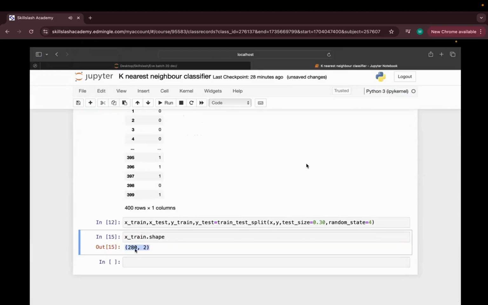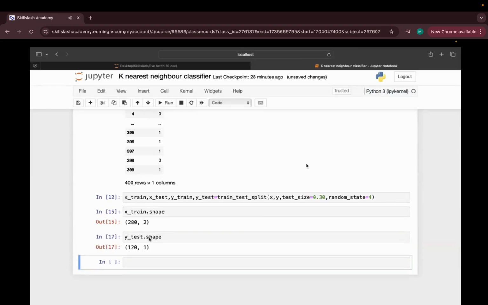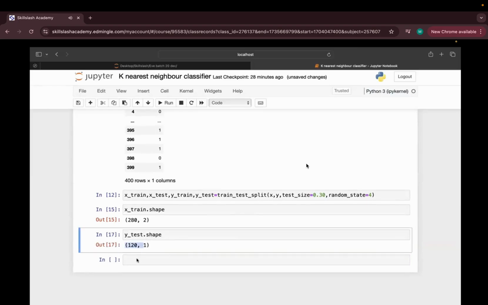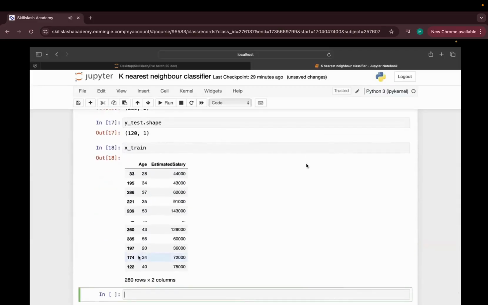So training 280, 2. 280 rows, 2 columns. If you similarly check for the Y test dot shape, 120, 1. Okay. Now, if you check, you will see that randomly the rows are getting selected. You can see the index position.